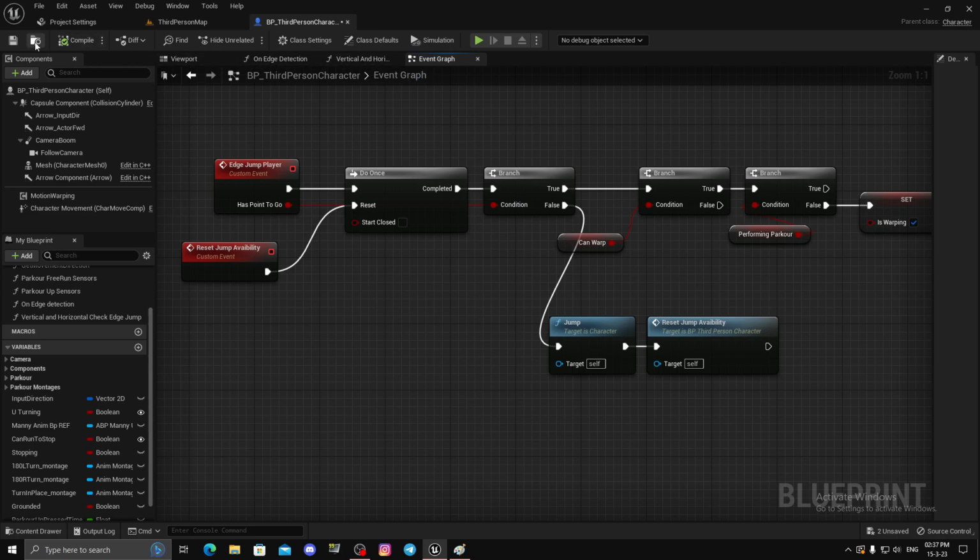So once you get those points, we are done with the first half. Now if you have something else to do with those points rather than jumping, if you want to spawn something or anything, go ahead and do that. But now if you want to do what I'm doing, jump by motion warping, what you need to do is